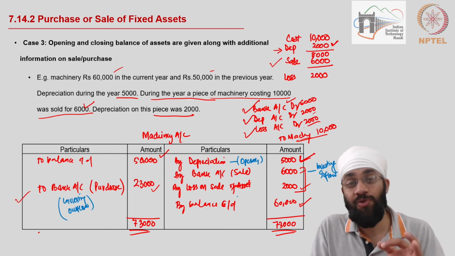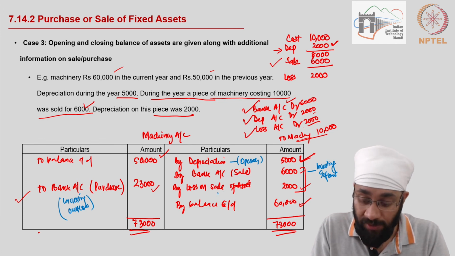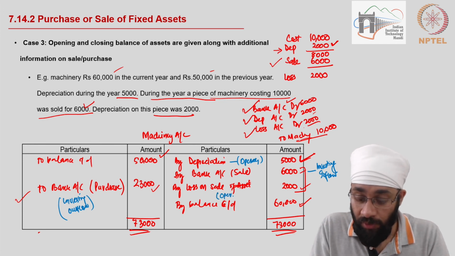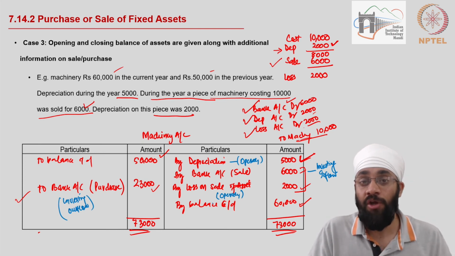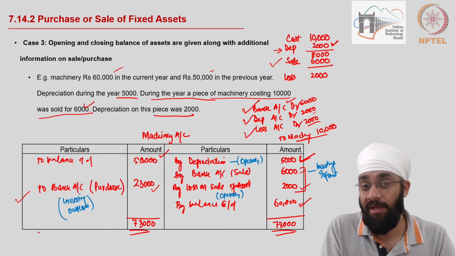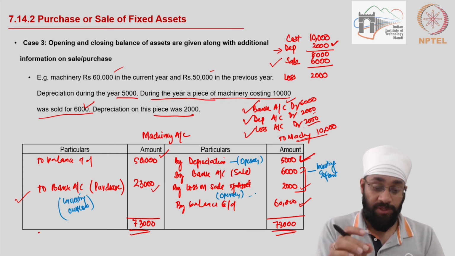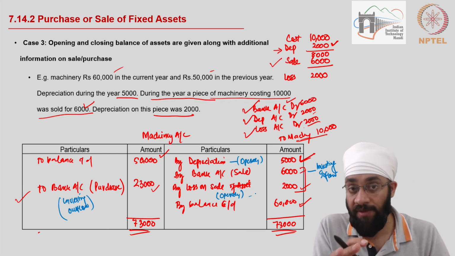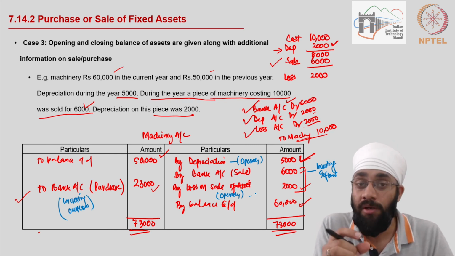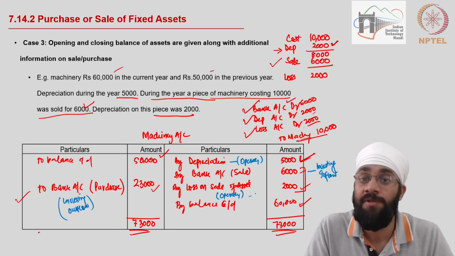Loss on sale is also a non-operating expense or non-operating loss. This has reduced the profit. This also goes to the operating activity section, the first section, and this is added back to profit to reach the cash operating profit. This is a non-operating item. Alright, so this is what I wanted to discuss about the purchase or sale of fixed assets and the hidden information that you may need to dig out in order to prepare the cash flow statement with some adjustments.